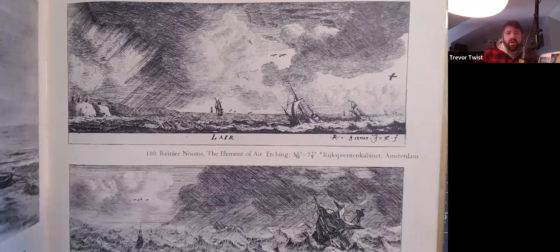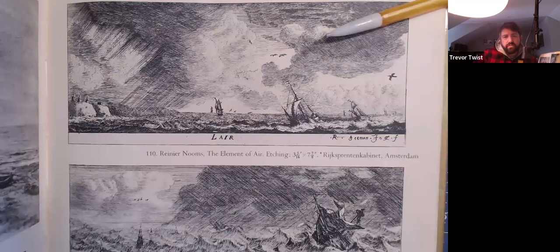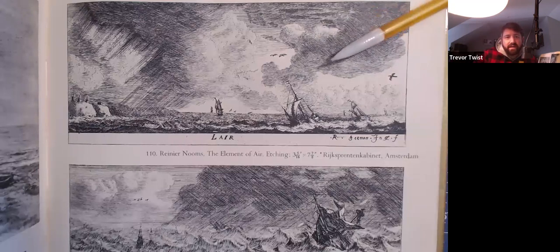And artists do that all the time in terms of trying to define the nature of a thing, almost like a time lapse. Have you ever seen people who take a photo of themselves every day of their life from age 10 to 30? You can do a montage and actually see them aging. It's kind of like that. And I think that's what this is. I think this guy Rainier Nooms is exploring the sky around the ocean. And whether he was out to sea a lot and he saw these different things,